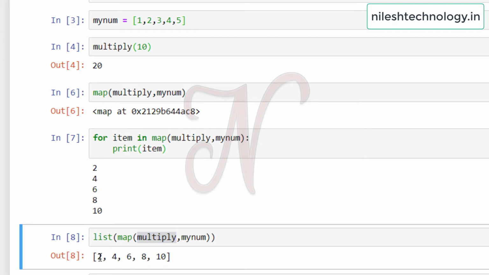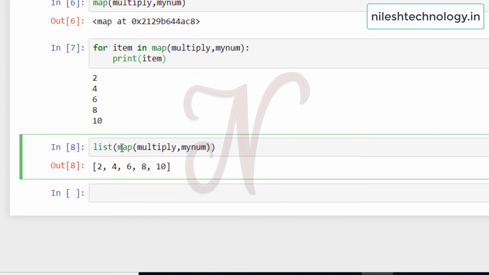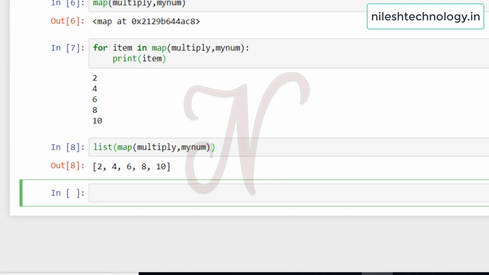So my first output is 2. Again the second number is retrieved from this list and automatically goes to the multiply parameter, and again 2 into 2, 4 will be returned. This is done internally. So by using this function there is no need to use the for loop.